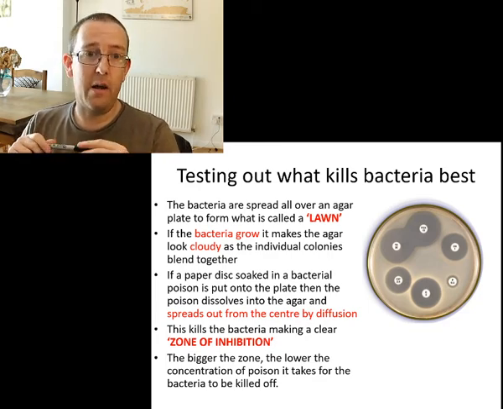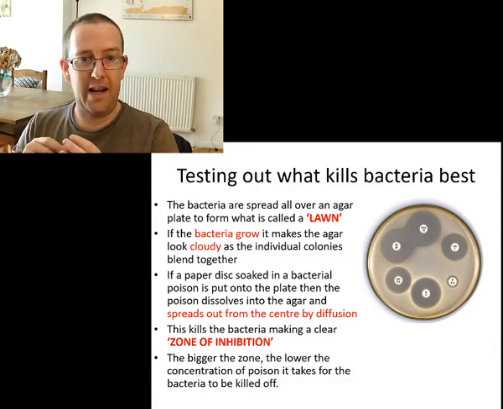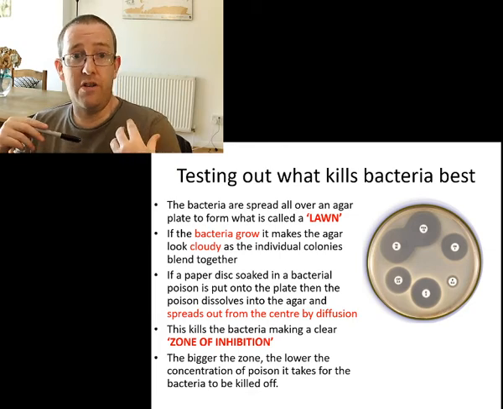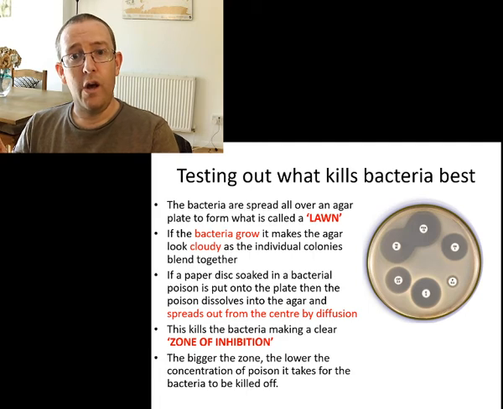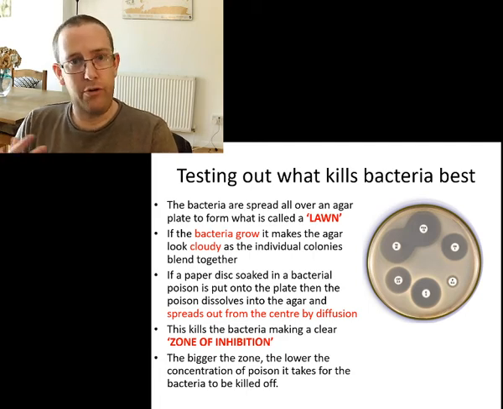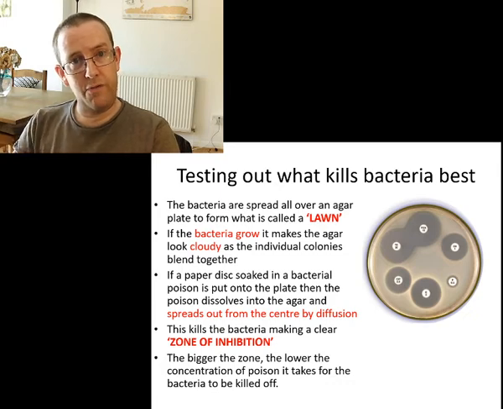It's basically looking at a plastic plate or glass plate with a stuff called agar jelly in it. Now agar jelly is basically just a jelly-like substance derived from seaweed, which is used to grow bacteria on. You can mix all the nutrients in and it will grow. Now, if you spread bacteria all over the surface of that agar jelly, then you end up with what's